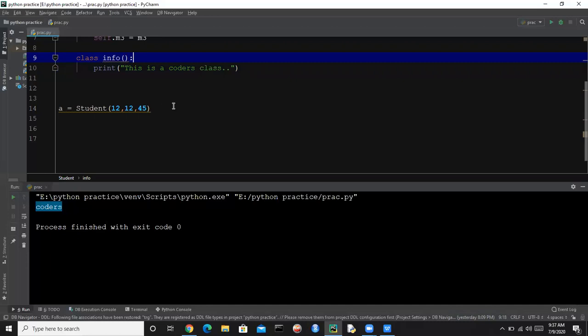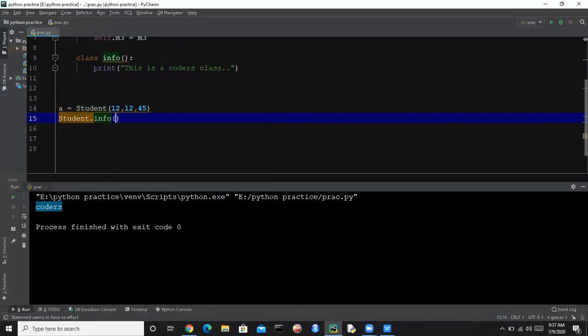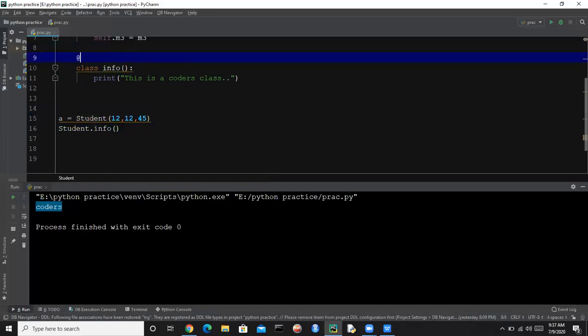If you want to call this function, just write student class dot info, and here we need to use a decorator, that is static method. So let's run this, and it is printing, this is a coders class. This is a static method.